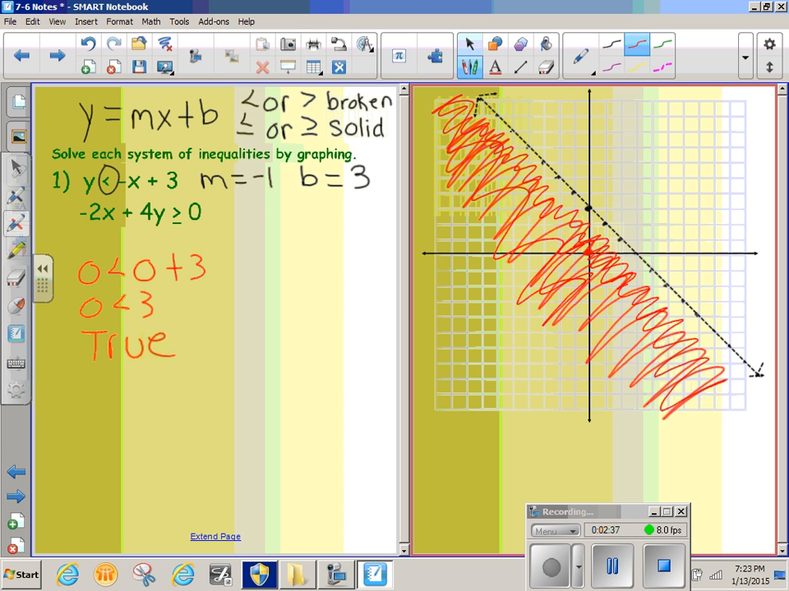I would highly suggest for you to do the problems in the order I'm doing them in. In other words, we're going to graph by determining if it's a solid line or a broken line, and then go ahead and shade. Go ahead and do that with each inequality. For the second inequality,